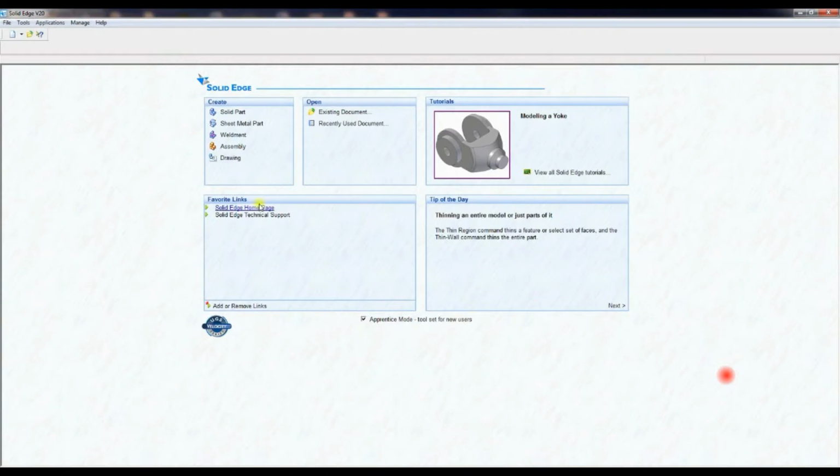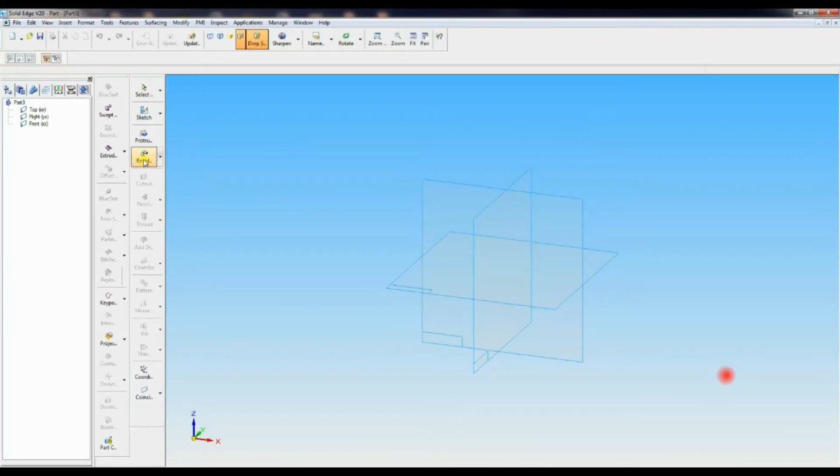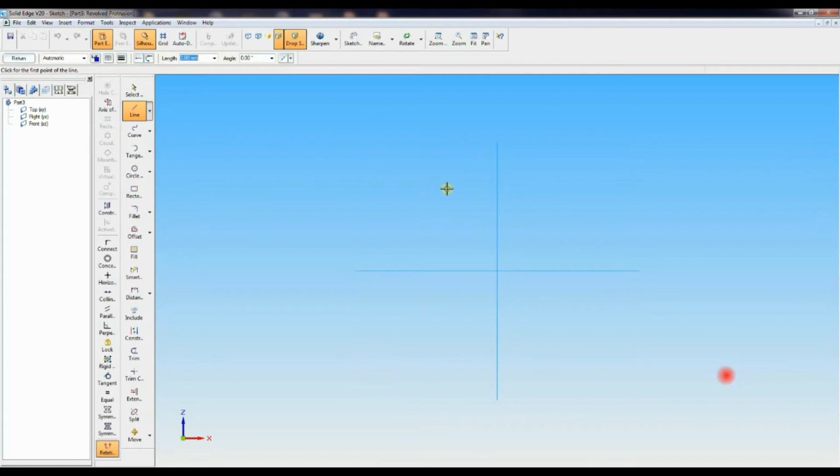First, we have to go to solid part, then go to revolve protrusion, select front view, select line, length is 135, angle 15.